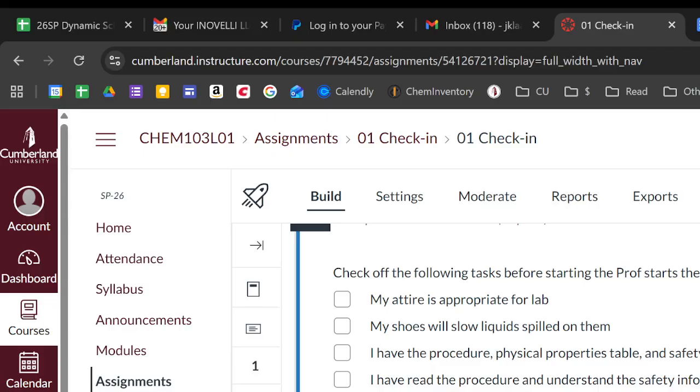Now, if you miss that lab for an excused reason, you'll take that excusal, whatever the excuse is, and submit it as a digital file. So if it's a doctor note, you're going to CamScan it in. We'll talk about CamScan in just a bit when we talk about lab notebooks, which will create a PDF, and then you'll submit that to that assignment instead.